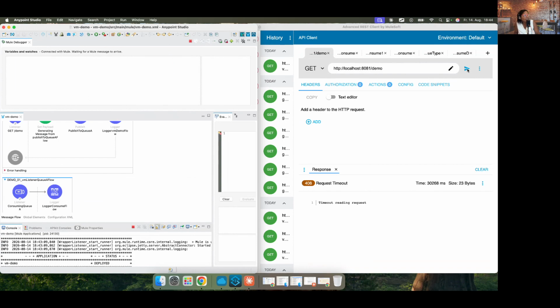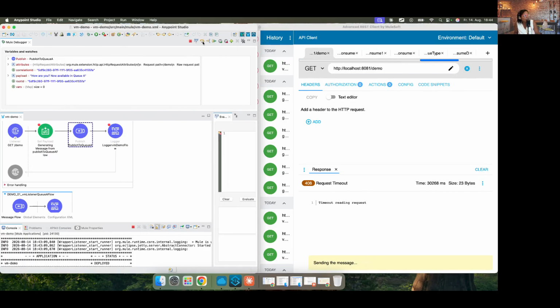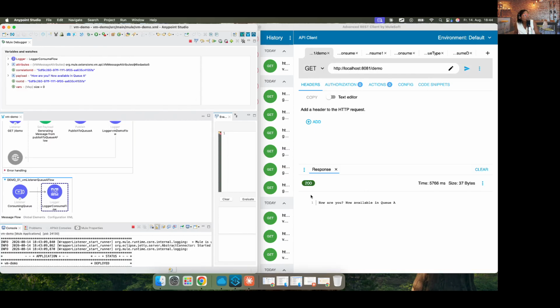Let me send a request again, and I will go a little bit faster through the components. And we see a 200, how are you now available in QA? And the demo 01 VM listener QA flow is still being executed. And this is what we call fire and forget. So it triggers the publish operator.